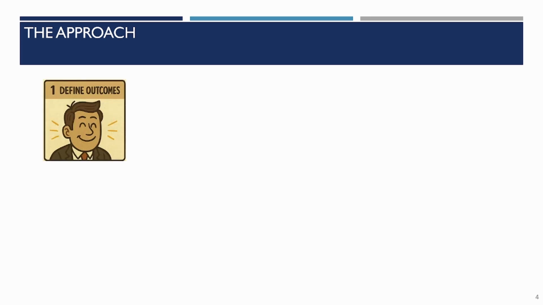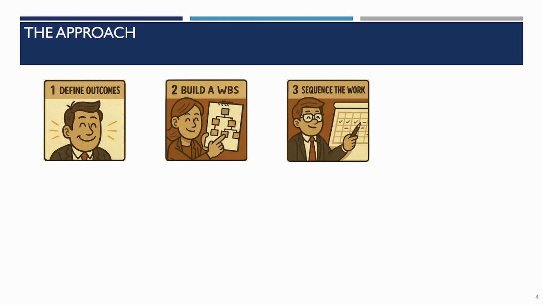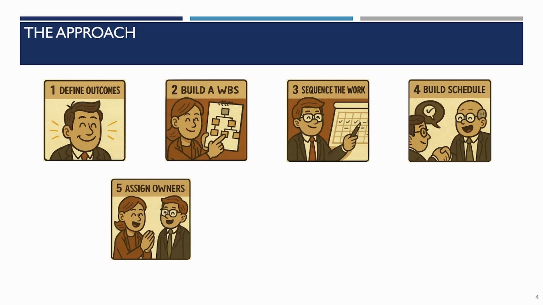So let's talk about the approach in the 7-step method that I mentioned. And first is defining the outcomes of what do we expect the project to do. We have to start here so that we have a sense of what we're trying to accomplish. Then there's building a work breakdown structure, which is decomposing down the scope into logical buckets. There's sequencing that work. There's building out the schedule of when the work is going to happen,